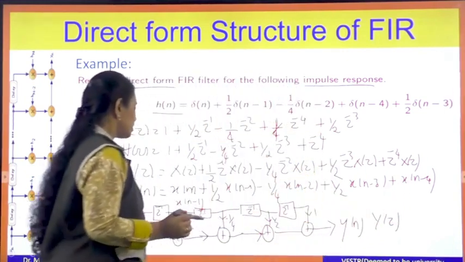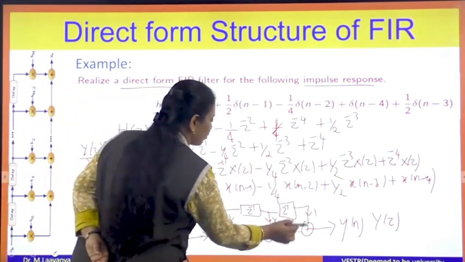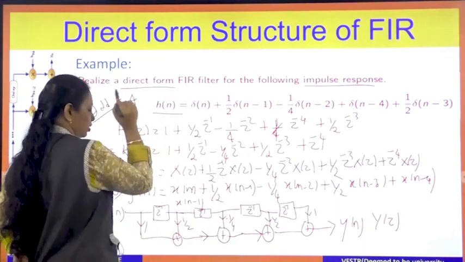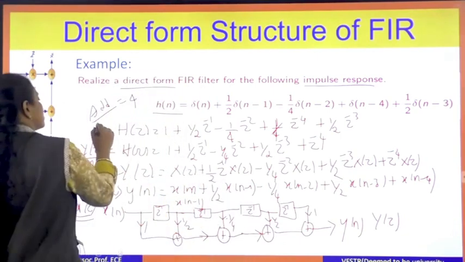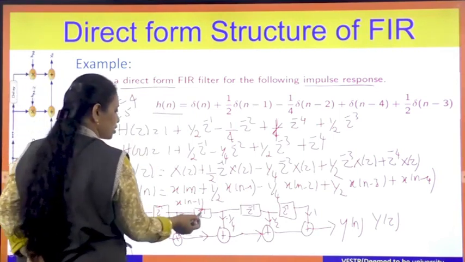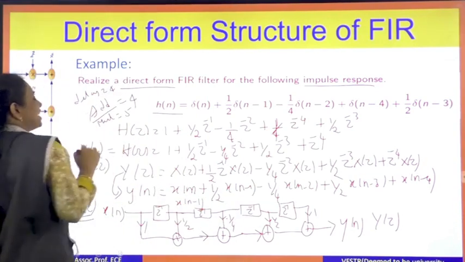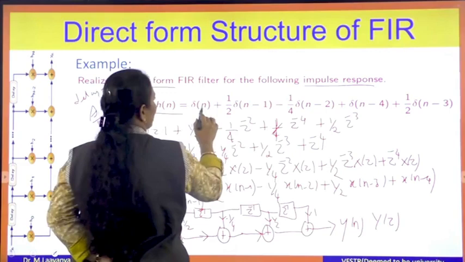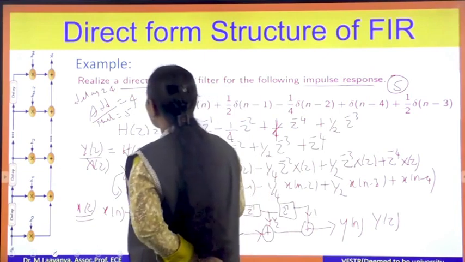That is also correct. So if you look into this, how many adders are you having? 1, 2, 3, 4 adders. So adders equal 4. Then multipliers, 1, 2, 3, 4, 5, so 5 multipliers, and delays 1, 2, 3, 4, so delays is 4. So in general, how will I write it? How many terms are there? 1, 2, 3, 4, 5 terms are there. Okay. So n is equal to 5.